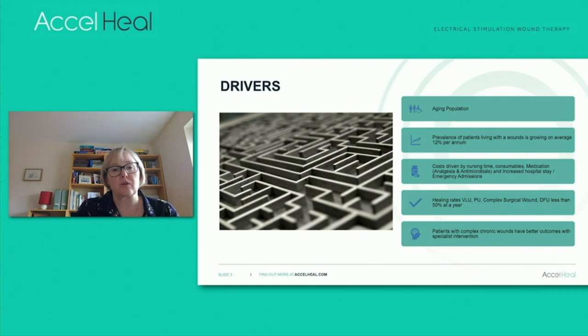We also know that drivers in the UK tend to be around the THIN database, which is a database of all GP interactions in the UK, and showed that we are not healing these wounds. So again, venous leg ulcers, pressure ulcers, complex surgical wounds and diabetic foot ulcers, less than 50% of patients are healed at a year. So those patients with a chronic wound are living longer with that chronic wound, which leads to the increases that